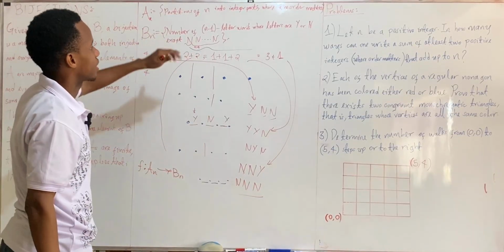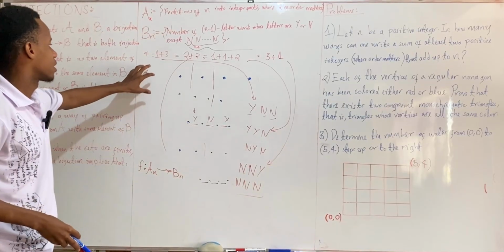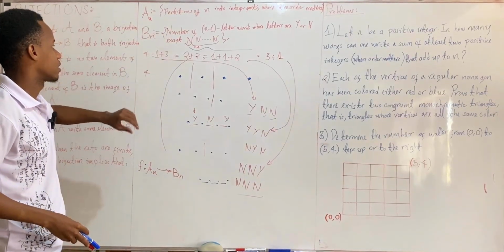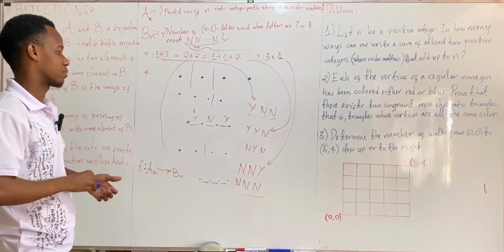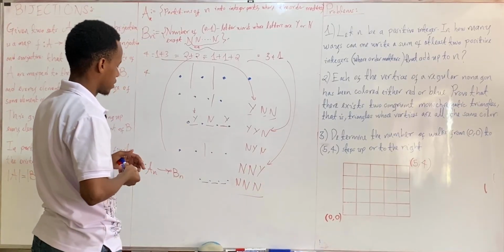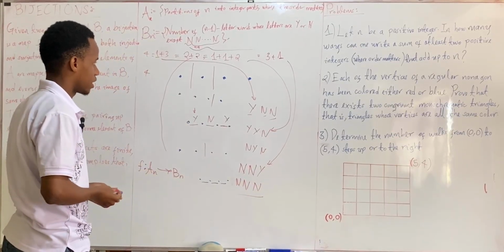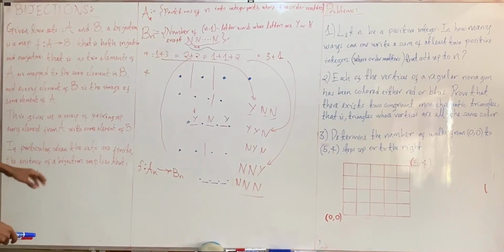So all the other n minus 1 letter words with y's or n's, we exclude the one which has all n's, to exclude this trivial partition of n by expressing n as n by itself. So in this case, we actually do have a bijective function from An to Bn as we have just defined here. And by the theory we have just seen,